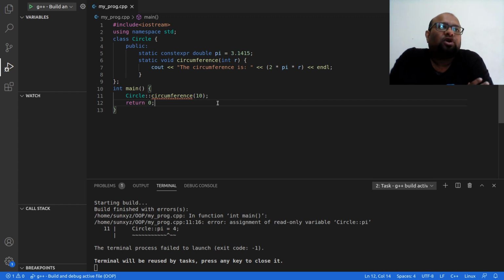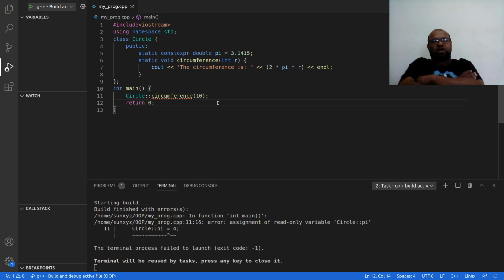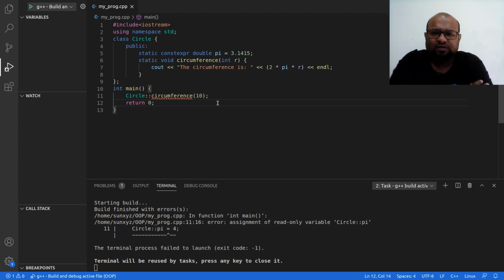So code can be optimized in your final assembly, in your final object code, in your final machine language code. Assembly code is basically a mnemonic for machine language. I hope you know this already. I hope you have studied COA. If not, you will study that in the next sem.